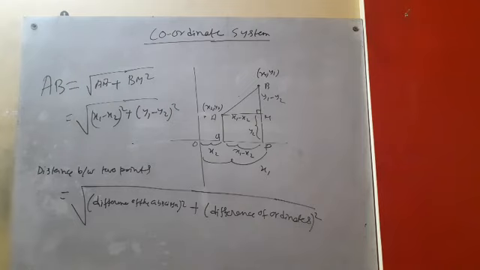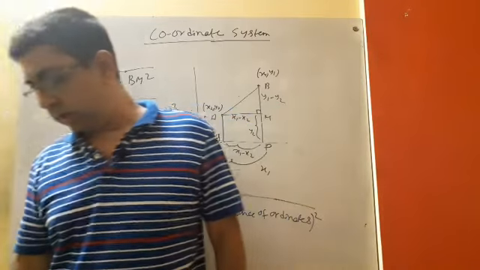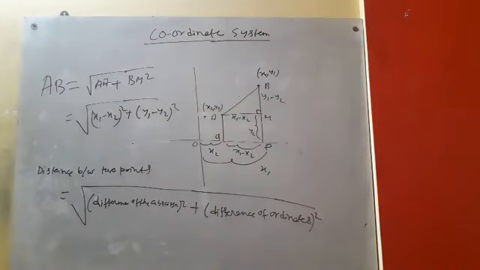Okay. Whatever the things, these are called perpendicular axes. X-axis and y-axis are mutually perpendicular axes. Okay, so these are the basics of the coordinate system. Now, I think some parts are left. Let me see. No, we have already discussed everything. This is for class 9, but it will help you in class 10 also, because there you will learn straight line. In that portion, this concept is very much required.